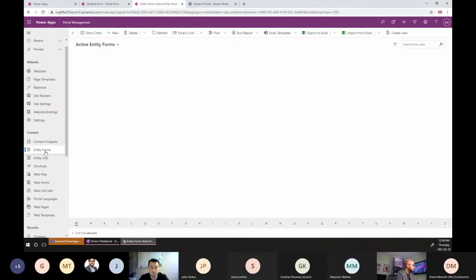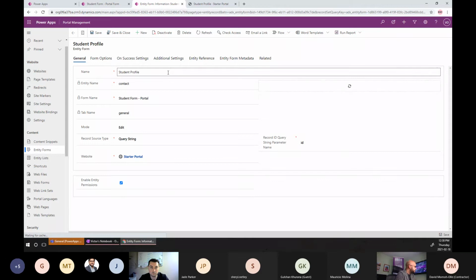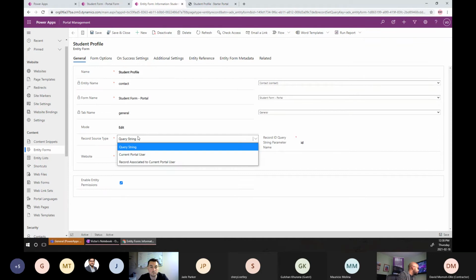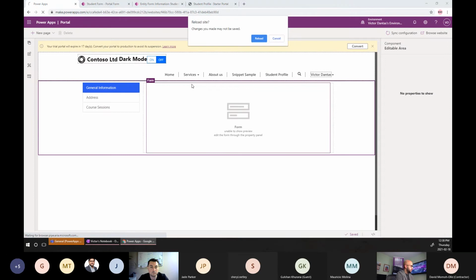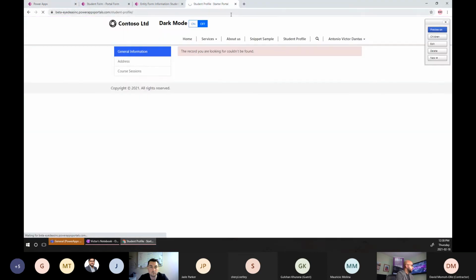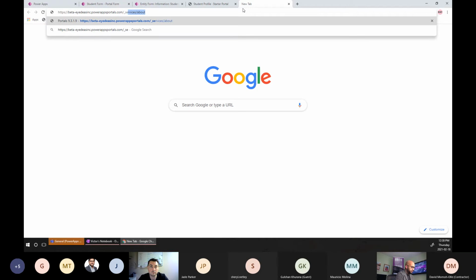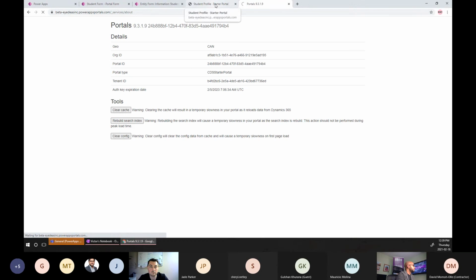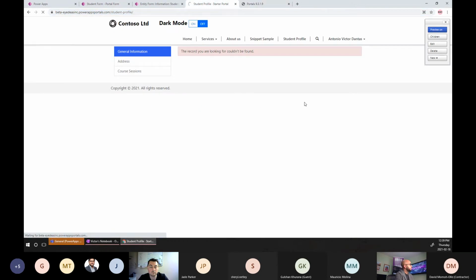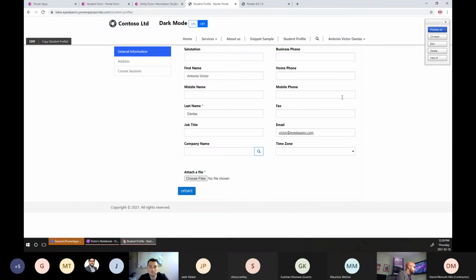Okay, entity form. Oh yeah, it's saved as query string, so let's move it back to current portal user. Save. Cache. So that's my form,